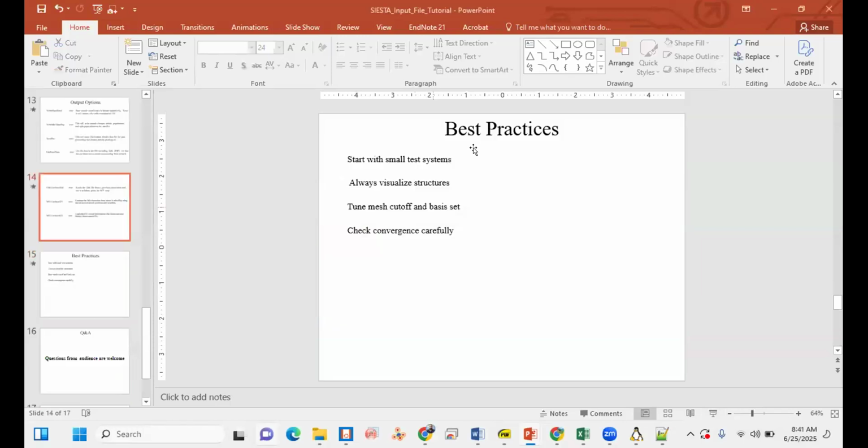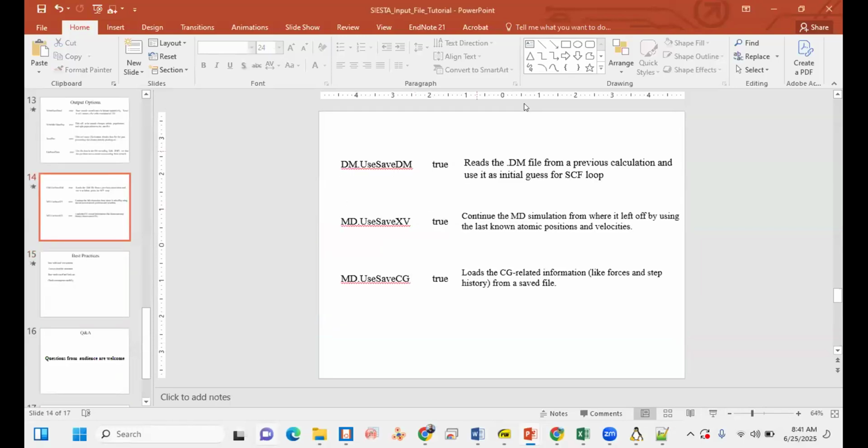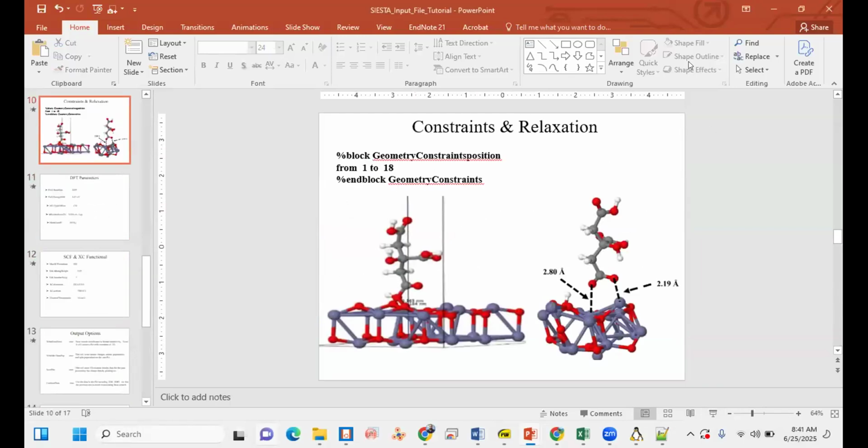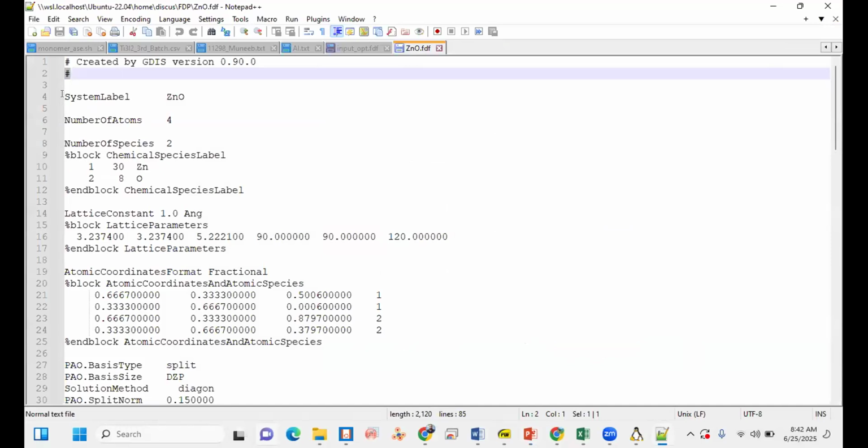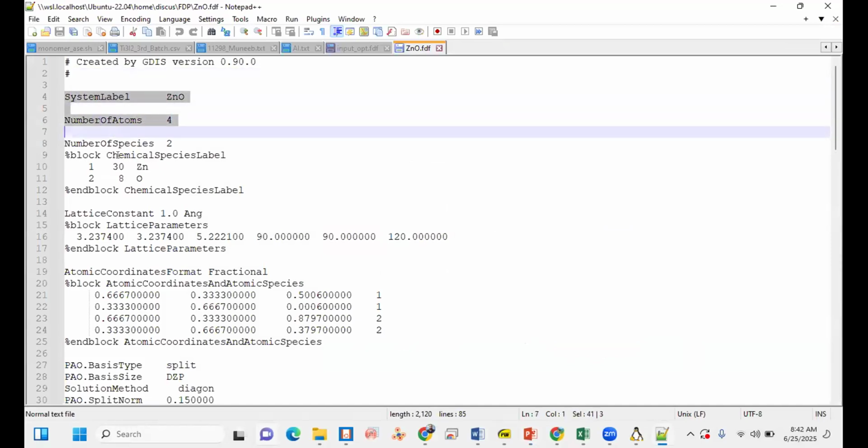Now I will go to the FDF file. From the FDF file, we will copy this system label.